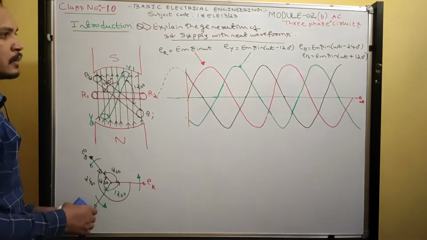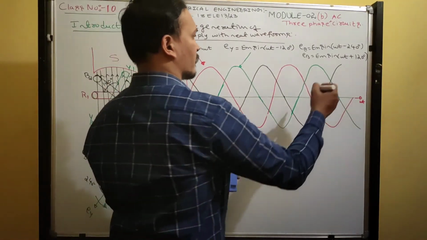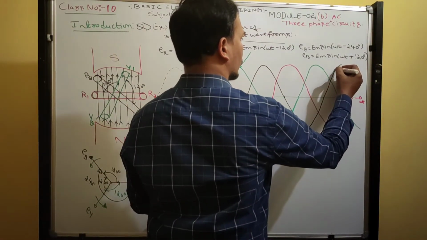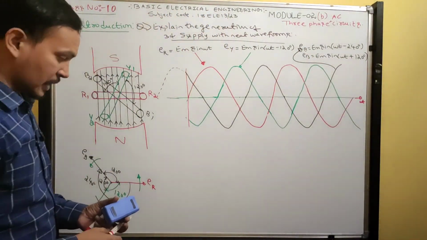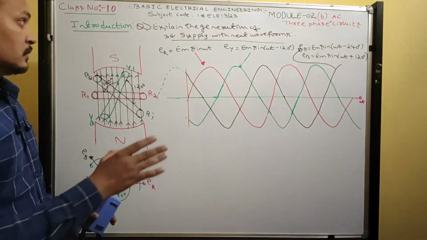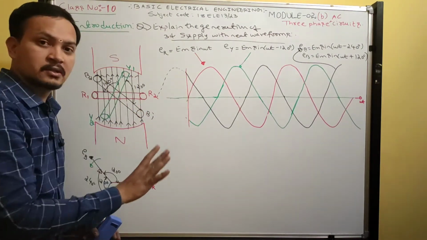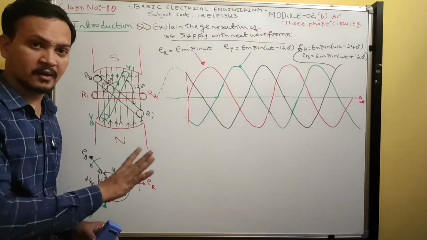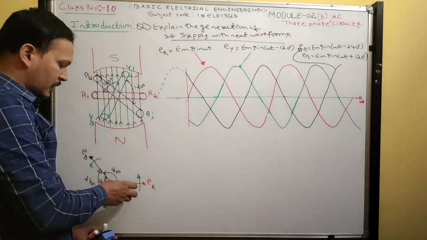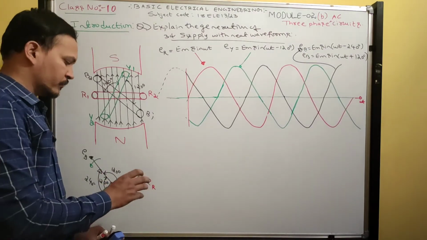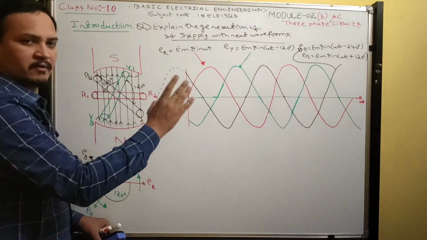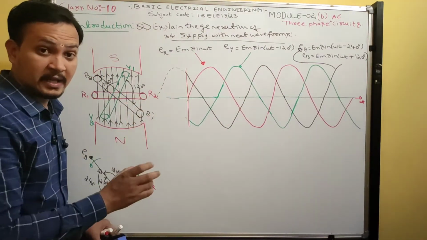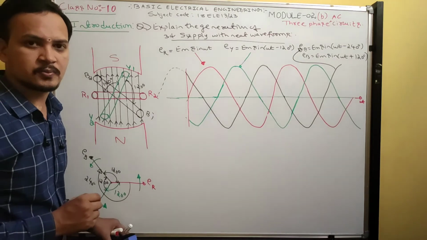See now, this black color one is the B phase winding. This is how the three-phase supply system, the three-phase waveform, is generated. So each and every induced voltage, we are going to produce a voltage. This is the voltage cycle in each and every winding. All the windings are displaced by 120 degree with respect to each other.